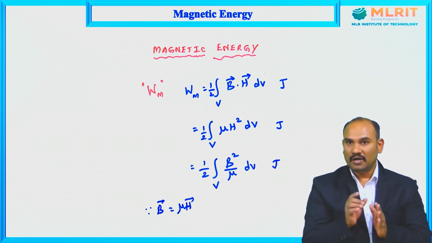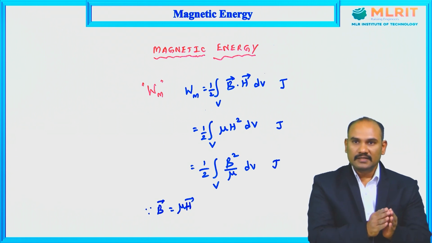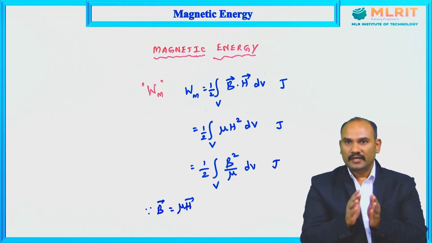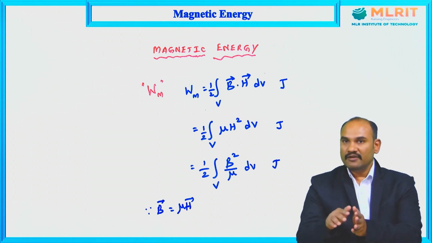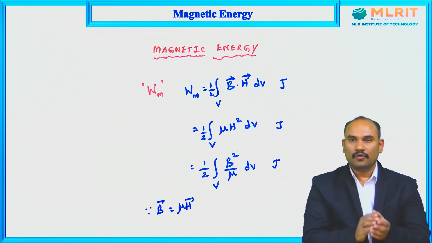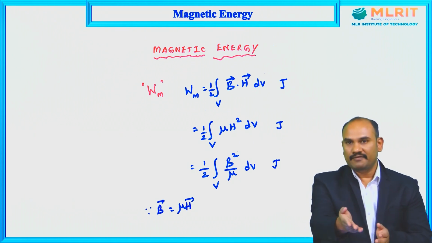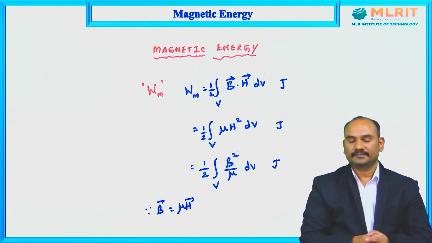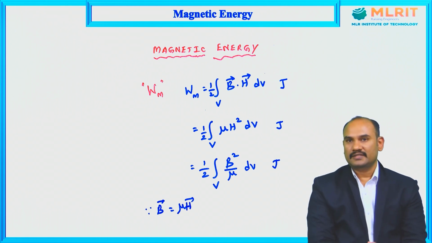Got it? So ultimately where are we coming to? Energy. Inductance is a property of inductor. Inductor is a device which stores energy in the form of magnetic field. So underline the fact, energy. So inductance, property and energy are associated. That's why we have the topic magnetic energy. Now, in the first unit we have seen electric energy. Here we have magnetic energy.